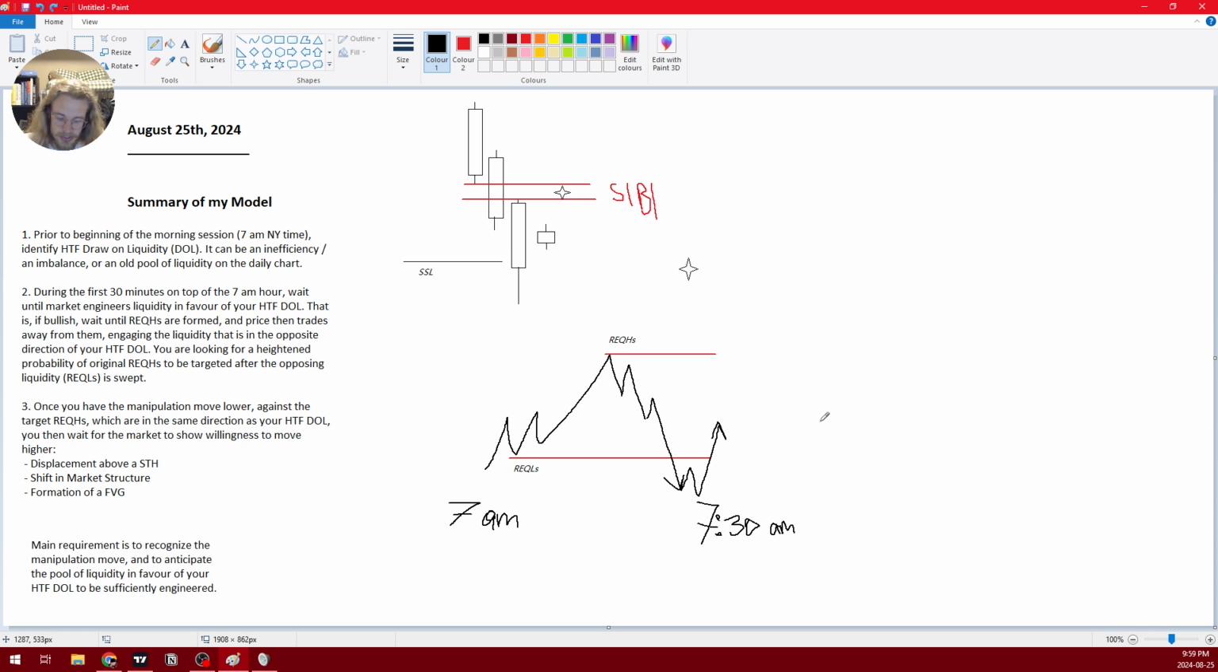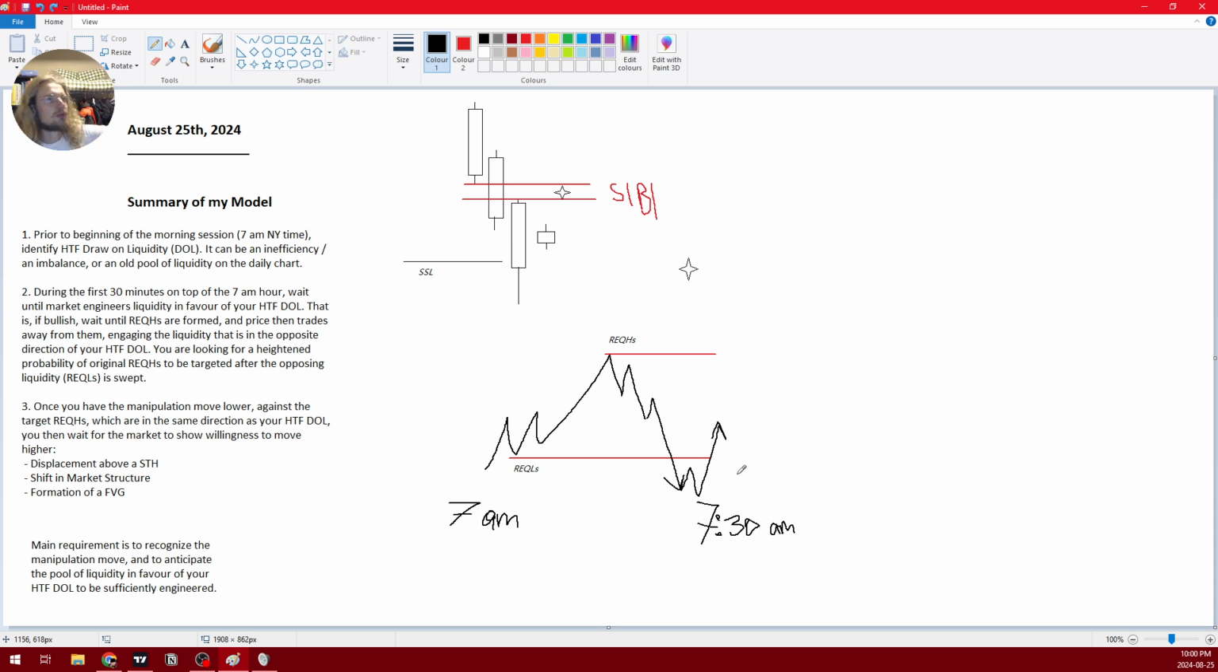Imagine you drop something heavy into a little cup, and it's so, like, the pure volume and mass of that object that you drop into the cup, it displaces the water out of the cup. That's displacement. We want to see that because once the algorithm starts spooling in the direction of the draw on liquidity, even if it's a short-term draw on liquidity, like the relative equal highs right here, once the algorithm starts spooling, it just quickly reprices,